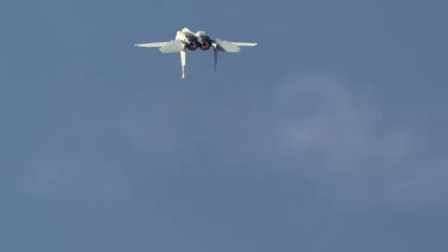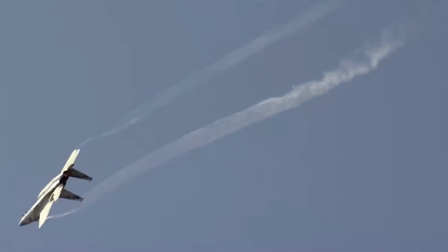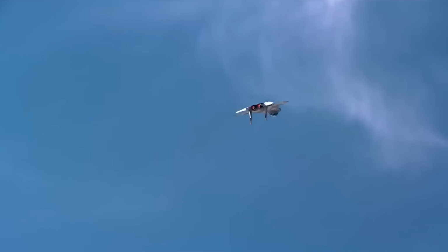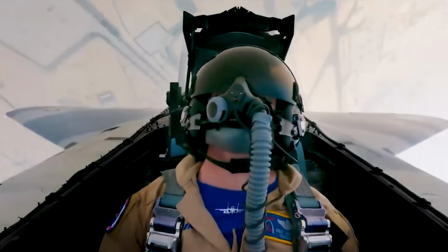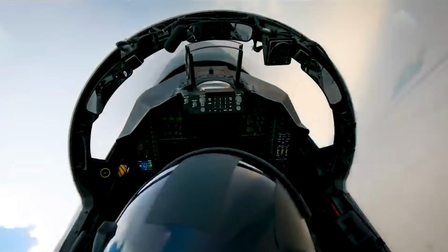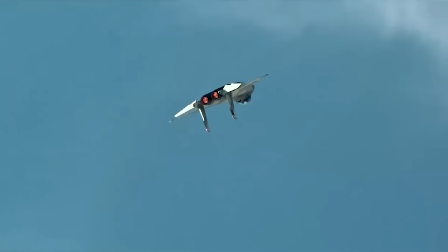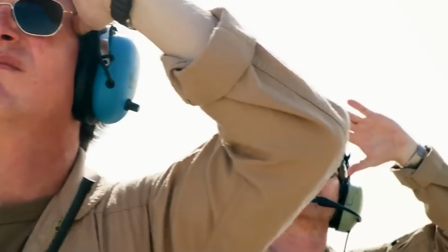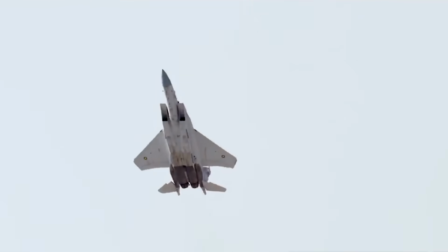It has an all-glass cockpit, increased weapons capacity, and the fastest processing mission computer ever affixed to a fighter. And I haven't even gotten to what makes it so scary yet. In a new video released by Boeing, we get a chance to see just how capable this new batch of Eagles really are. Now, these fighters are actually F-15QAs that Boeing built for Qatar, because although the United States took